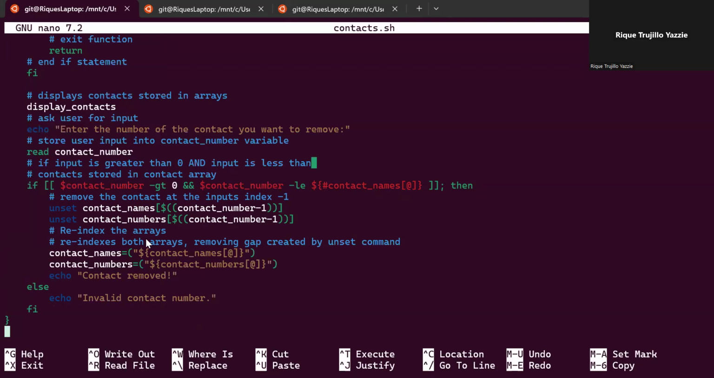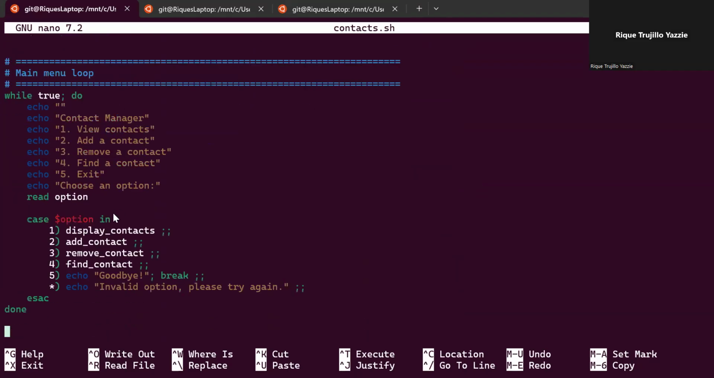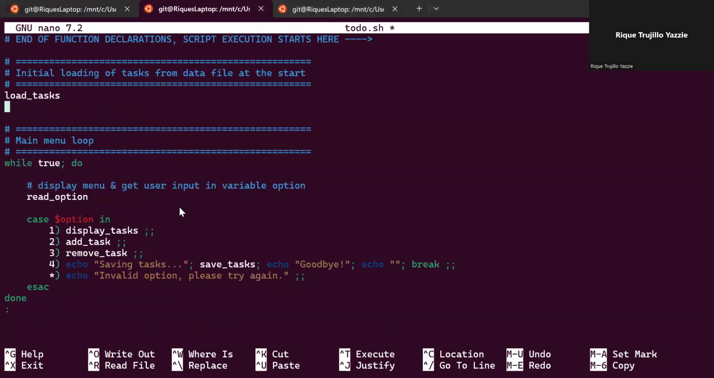And then since there will be empty spots there, we just gotta re-index them. Contact names equal to the entire array, and then they will be successfully removed. Finding the contact using a for loop, found variable. I'll get into more detail inside of my